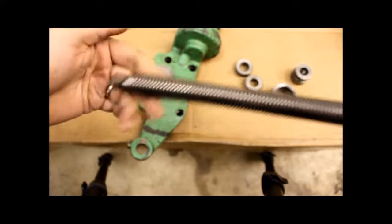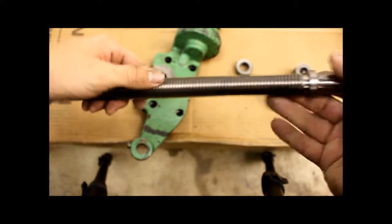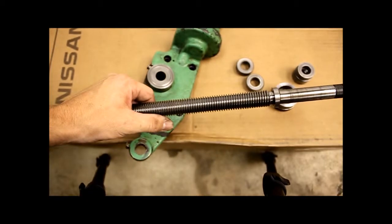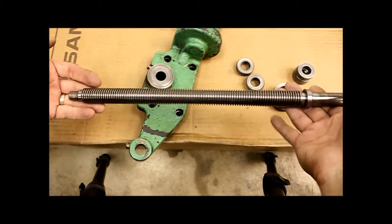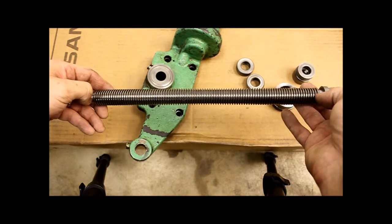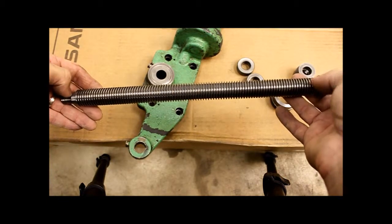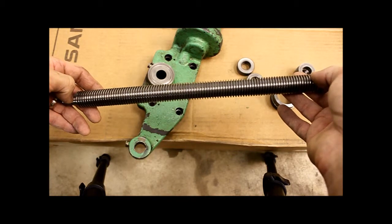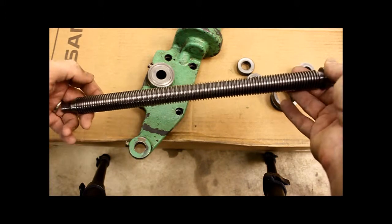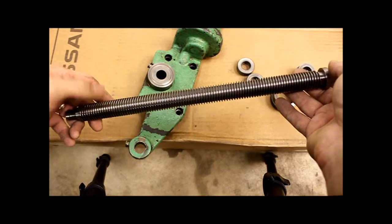So I think that looking at this, there's a couple options. One, I could simply take a new length of precision Acme thread. I know they sell it in like 3-foot chunks. Of course, I haven't been able to find 7/8, 8 threads per inch. I can find 7/8, 6. That seems the common size. So before I would go 7/8, 6, I would go 3/4, 8, so that I kept the thread pitch